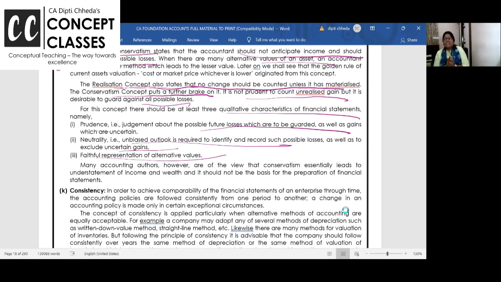So if there's a permanent decline or permanent loss in the value of the assets due to flood, natural calamity, or some fraud like this, you should record it in the books. That's what is said by conservatism. Okay? Next is